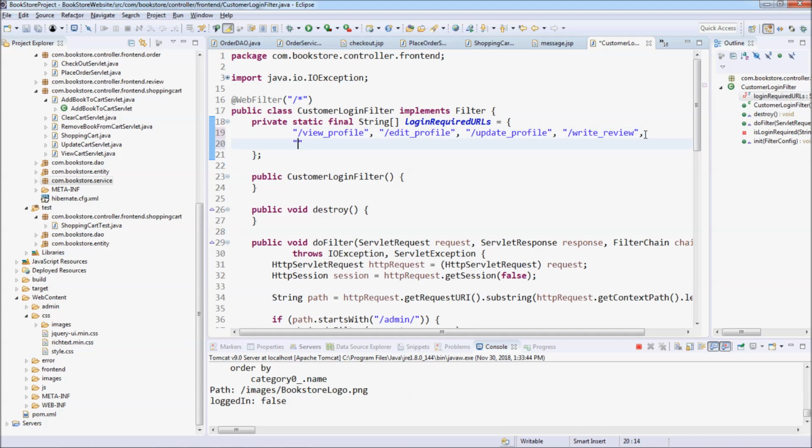In this section, we add the URL checkout, and